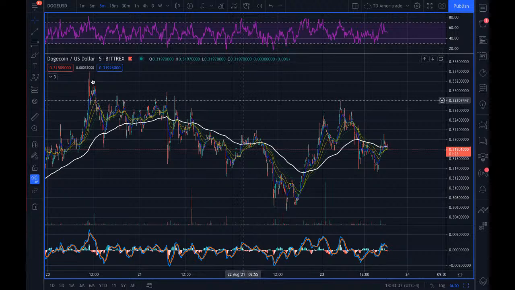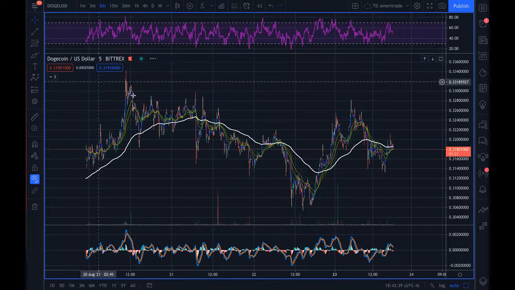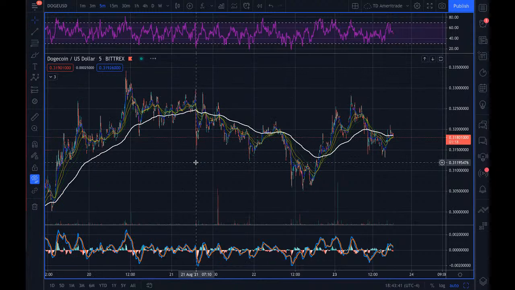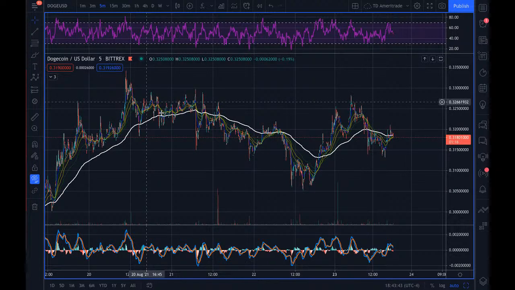This looks like a 1, 2, 3 down right here. And then these waves up, and then a 1, 2, 3 going back down. This one's a little bit difficult to read right here. The reason it's difficult in the corrections is because these 3 wave patterns create